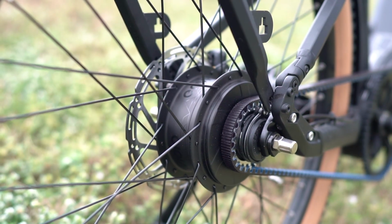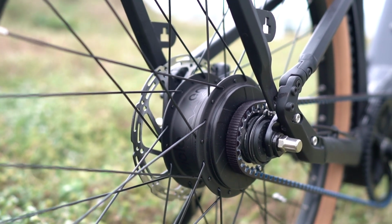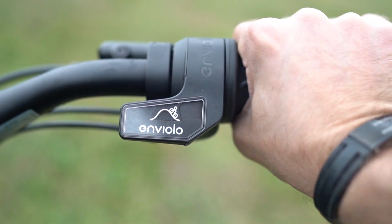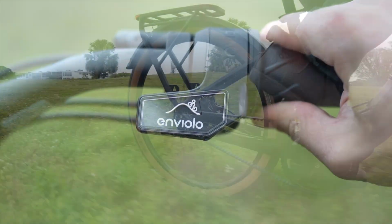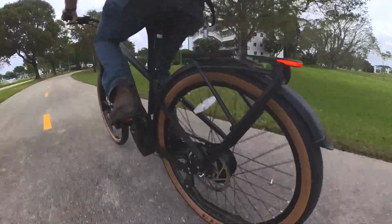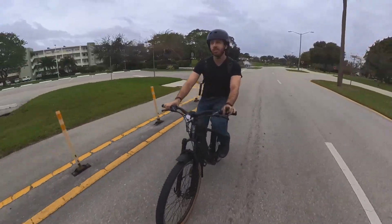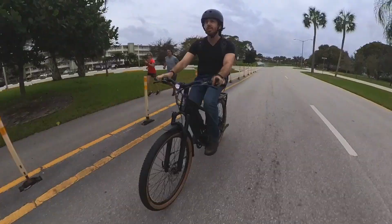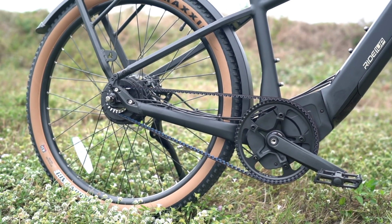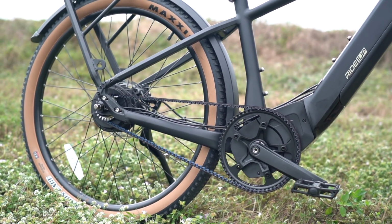Now I mentioned that CVT for shifting gears, and let's take a look at that. It's an NVOLO, and it uses a proprietary system to give stepless shifting, meaning there's not a set number of gears. As a CVT, there's basically infinite gears within its broad gear ratio range. I find that I really only use the upper half or so of the range, but if you've got super steep hills to climb in your area, then you can drop that gear ratio way down. When combining that with the Gates carbon belt drive, it's just a thing of beauty as a quiet, simple, clean,